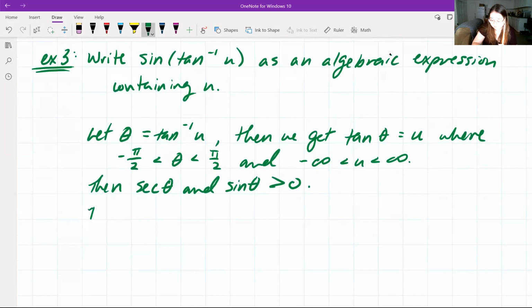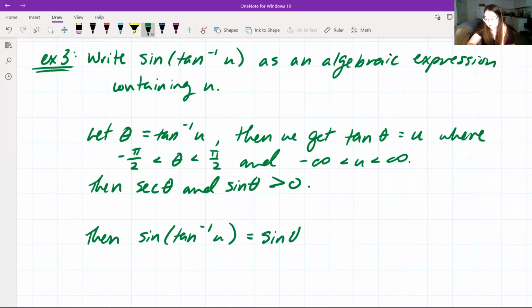Then we can take our sine of tangent inverse of u, which we replace tangent inverse of u with theta, very similar to our last example. Now we're saying sine of theta,